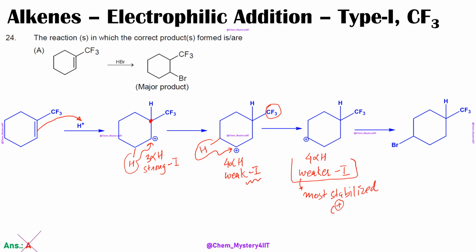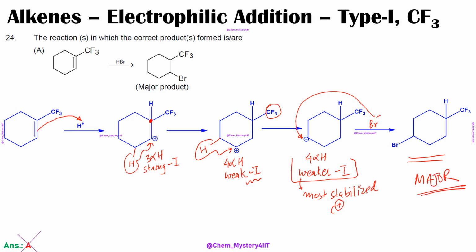And as we understand, whenever reactions are happening, if there is nothing like thermodynamic versus kinetic control, then the most stable intermediate is supposed to be giving us the major product. So this one is the most stable carbocation. Now here, when Br minus ion would be attacking, we will be getting this one as the actual major product,